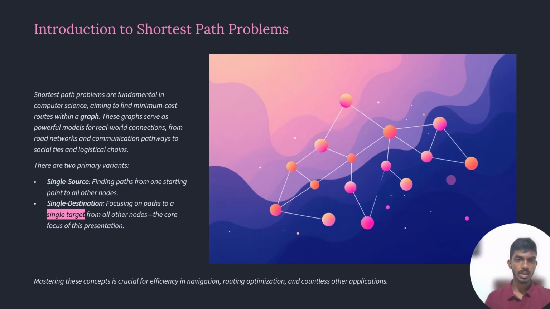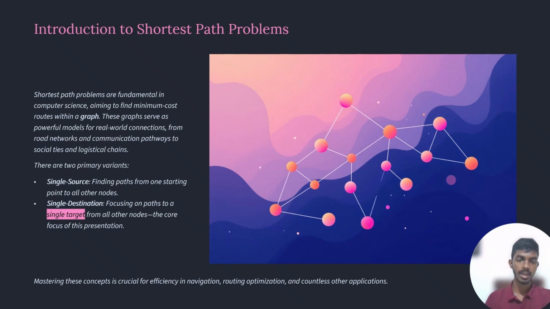Now, shortest path problems are super important in computer science. We use graphs to model real things like roads, internet connections, and even friendships. In friendship, we also meet some new people in everyday life, and we don't know who they will actually be. But when somehow they become our friends, then we build our friendship network with those people.